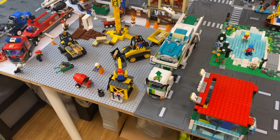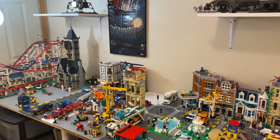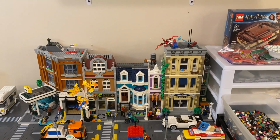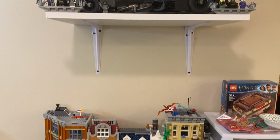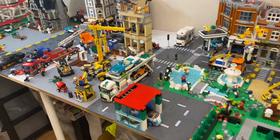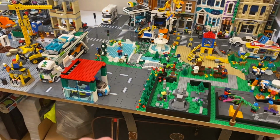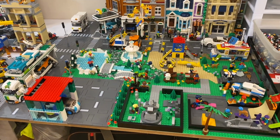The main reason for that is the thing is 32 inches tall. I don't have a lot of places that it can fit. For example, I couldn't put it where the bookshop is right here, because it would literally be taller than where the shelf is, where the Batmobile is. So it has to be somewhere out. And since I don't have the spots for the park available for modulars just yet, and also I want to look at the front of the